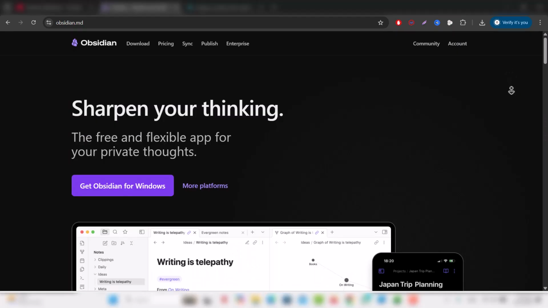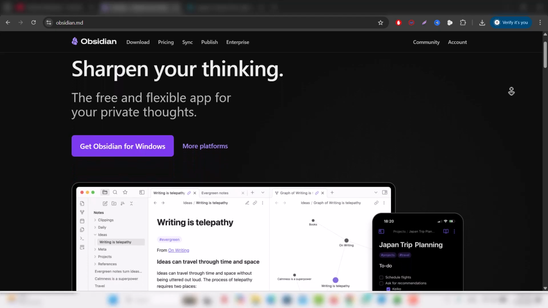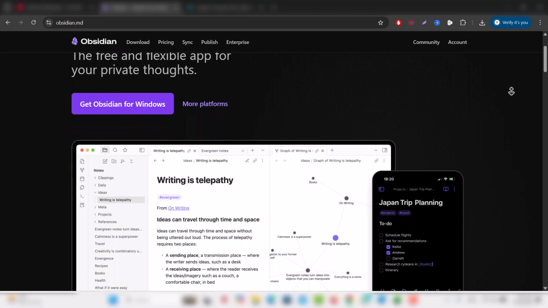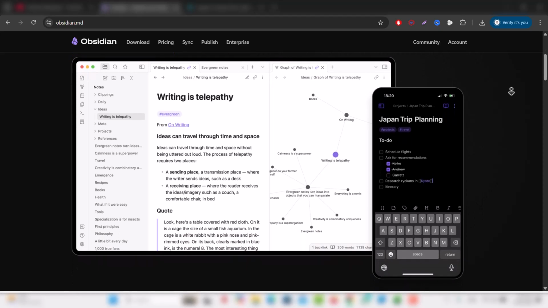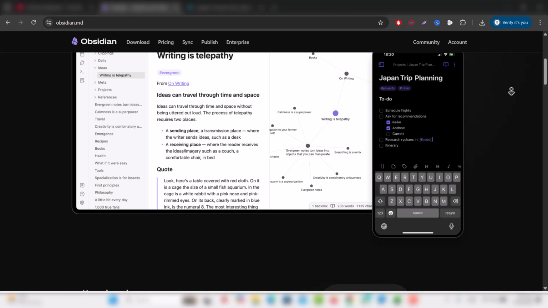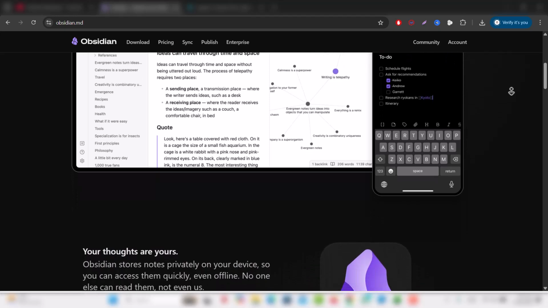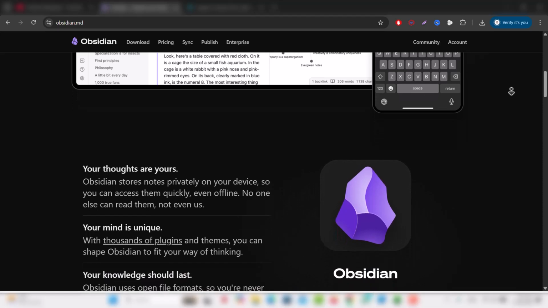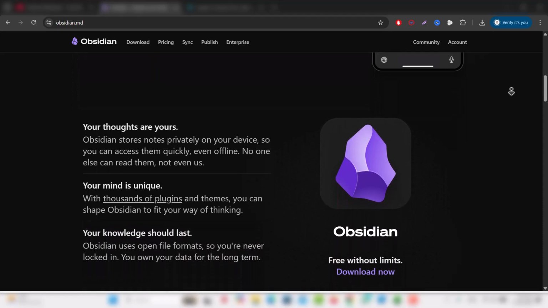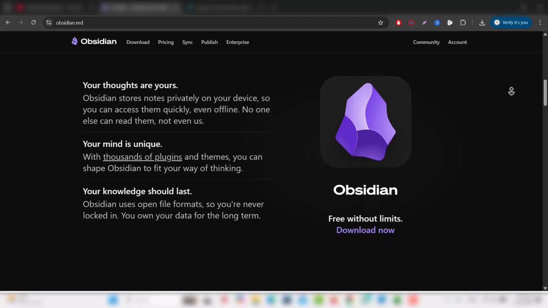Obsidian takes a different approach, focusing on markdown files stored locally on your device rather than in the cloud by default. This gives you full control over your files and makes everything fast and private. Where Obsidian really shines is in linking your thoughts together. You can create bidirectional links between notes, build a graph view that shows connections, and expand your knowledge base organically like a web of ideas.